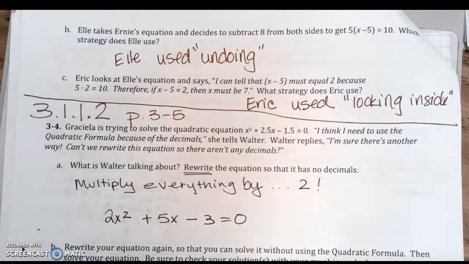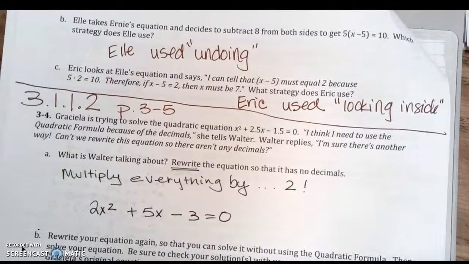So we're going to be working on pages 3 through 5, mostly just 3 and 4, and then the top of page 5, you just have a little journal thing you have to do. So on question number 4, it says, Graciela is trying to solve the quadratic equation x squared plus